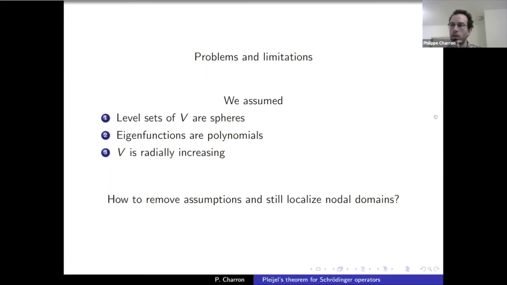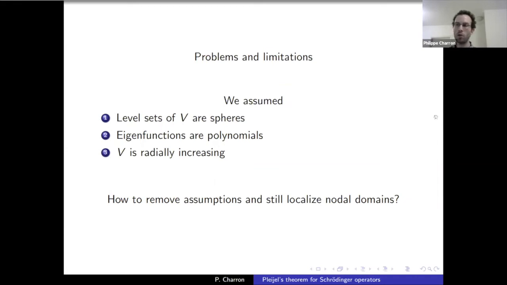So all these ideas were made assuming that we could localize nodal domains. So we could basically look at concentric spheres, and sandwich them in between two spheres and control it that way. That also worked with unbounded nodal domains, because you can show that this layer where V is equal to lambda n, every nodal domain has to cross inside. You cannot have a nodal domain which is completely outside this region, which is called the classically allowed region for this very reason.